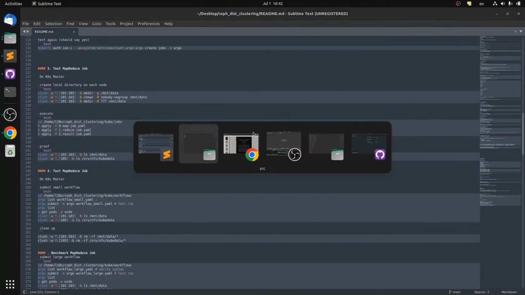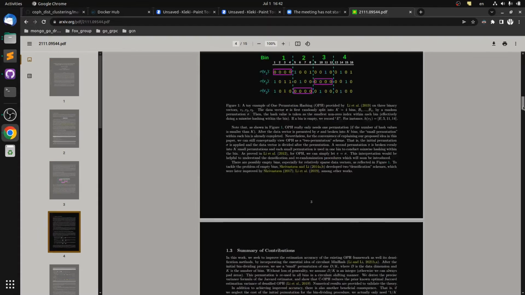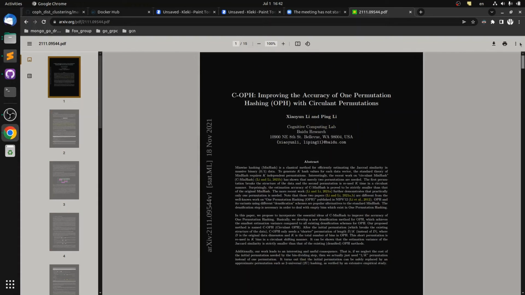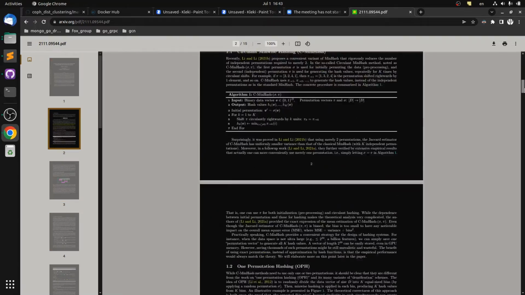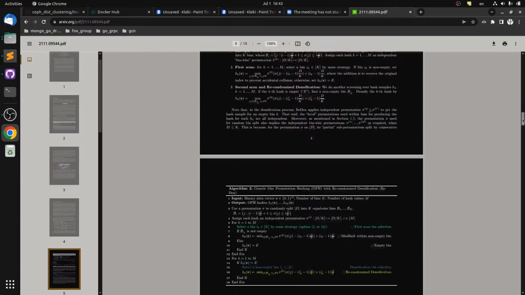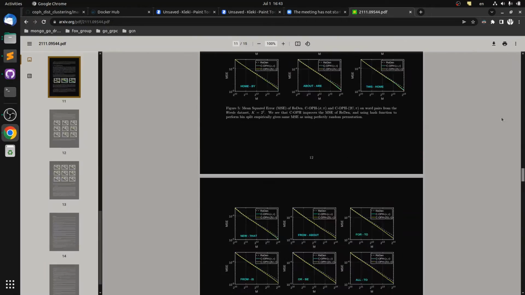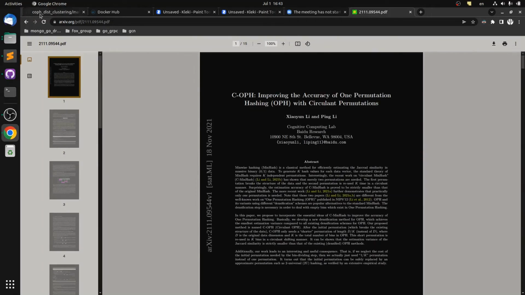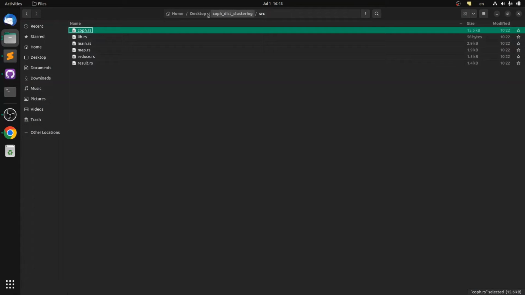Okay, so that's the algorithm that we're going to be using for clustering. Here's the paper. I really enjoyed reading it and also implementing the code down to the Rust language and optimizing it as well. But yeah, this is the logic that we're going to use. So that's the code. Notice here that we actually have a Docker